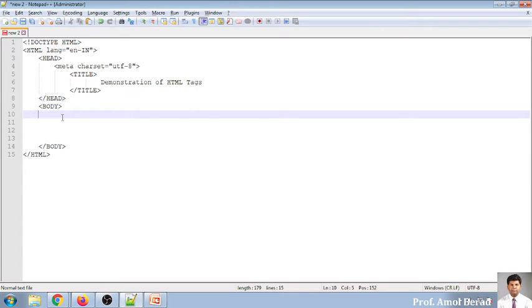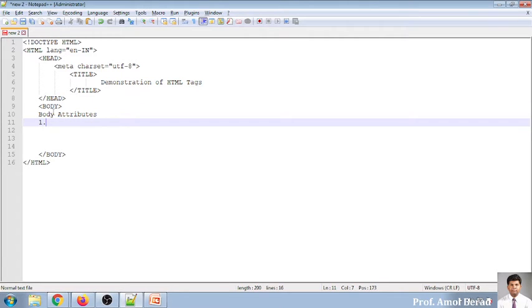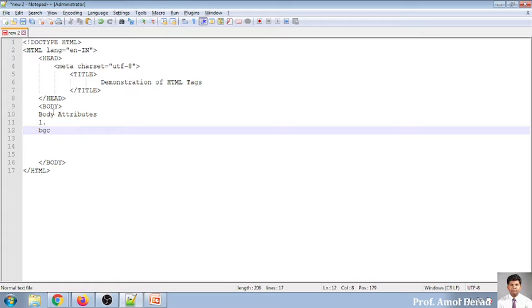Now whenever we are writing any body tag, some attributes are there for the body tag. You can use these attributes at runtime. So I will just put here some attributes. I will write it here in a p tag. So this is a paragraph, let it be. I will write it like this, body attributes. So it will be notes for you also. There are three types of attributes you need to keep in mind. One is bgcolor, and you can give it any name. So if I want green, I can put it like this. You can give any hexadecimal number or binary number, that can be used.